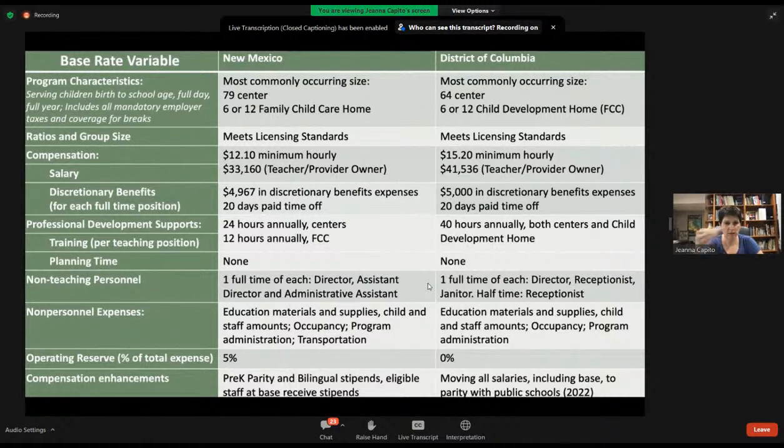Then you see, we just kind of look right underneath there for both. What I shared on this slide, there are salary points for other positions, but in the interest of a snapshot, the position that is sort of the most commonly occurring across both centers and family childcares is the salary point for the teacher/owner provider. Both of these models, and this is again an equity cost driver and a judgment call, include not just salaries for teachers and centers, but they include a salary in how the cost model functions for the FCC owner,